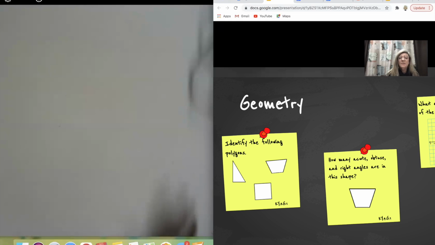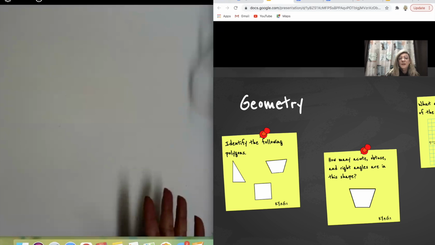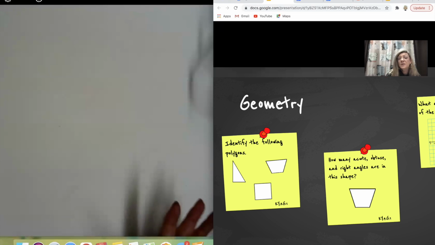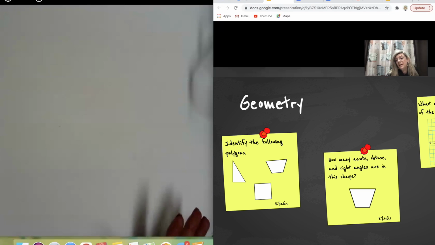So one thing we could do with our kids is show them those two-dimensional shapes, those polygons, and ask them to identify them. Before they can identify them, though, we have to teach them, okay? So the first one is a triangle. You can ask the kids, how do you know that's a triangle? You can't just have them give you a name. They have to be able to explain why it's a triangle. Some things they might say would be that there are 3 sides, 3 angles, those types of things.